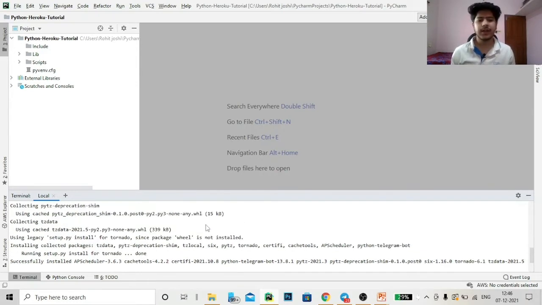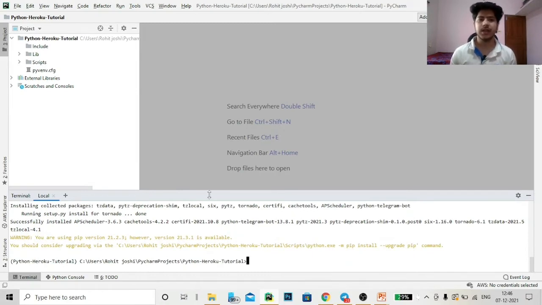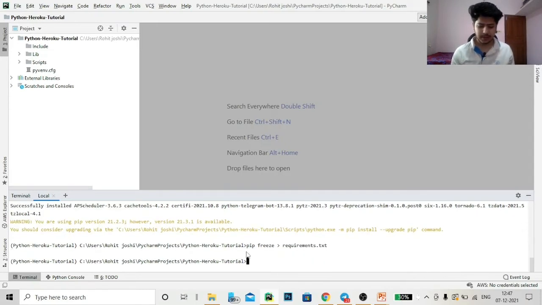Since we have already installed the libraries that we are going to need, first we are going to create the requirements.txt. How can we do this? In Python, it's a simple command. You can use pip freeze > requirements.txt. Let me tell you what pip freeze does.